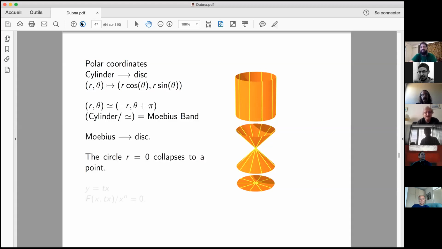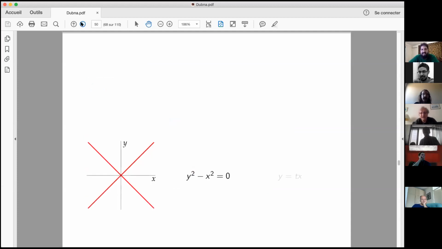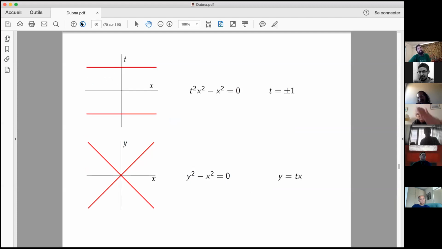So the thing is very simple. You write your equation in polar coordinates. Here's an example. If you take the curve x squared is equal to y squared, you have two lines crossing at the origin. If you look in polar coordinates, well, your two lines become two parallel lines because these two lines did intersect at the origin, but in polar coordinates, they arrive at the origin with different angles. So looking at polar coordinates is a very simple tool to delete the intersection, so to speak.